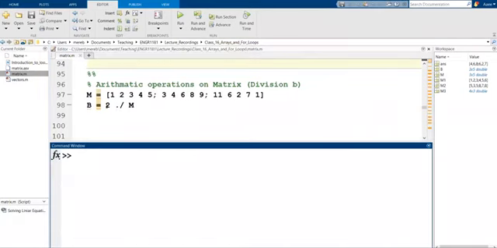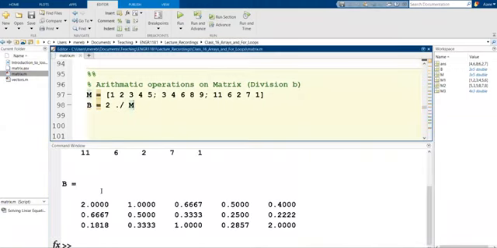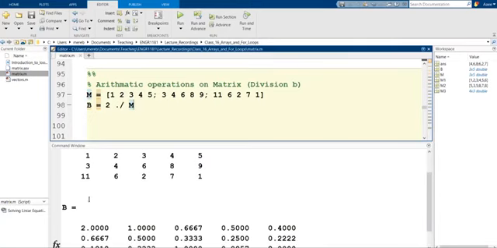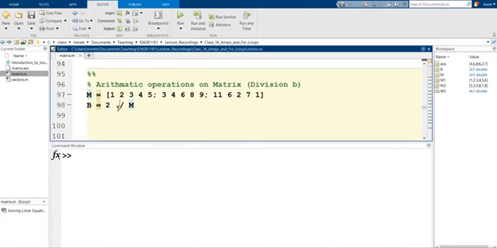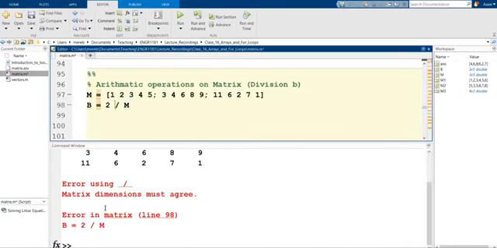So if you try to divide 2 by the matrix, it will not work element-wise if you forget to put that dot there. So let's run it now. You can see it worked. So 2 divided by 1 is 2, 2 divided by 2 is 1, and so on. If you forget to put that dot, it will give you an error message. You can see it tells you that you may need to include that dot to make it an element-wise